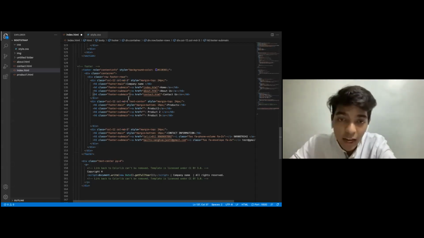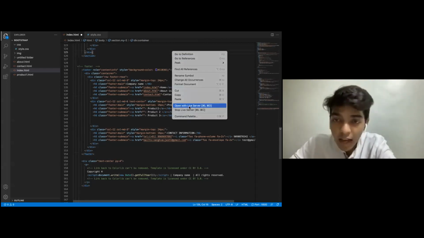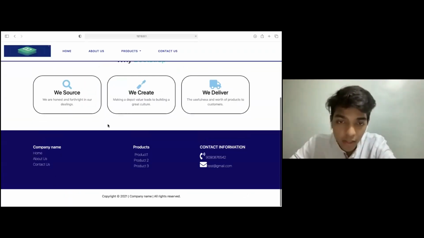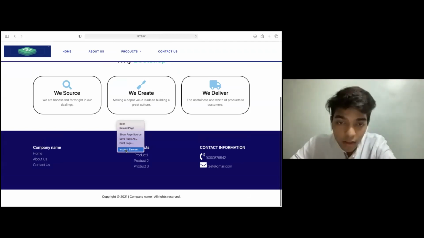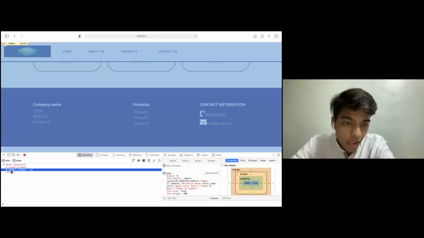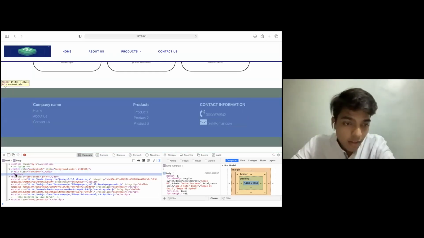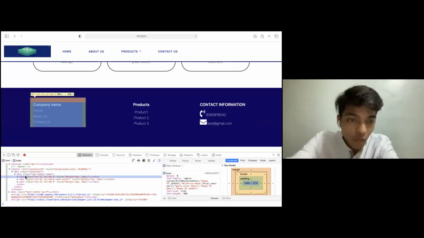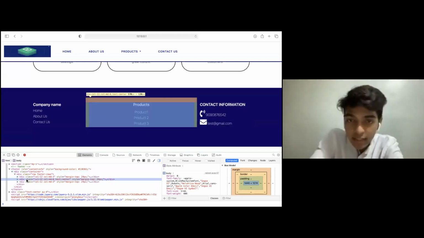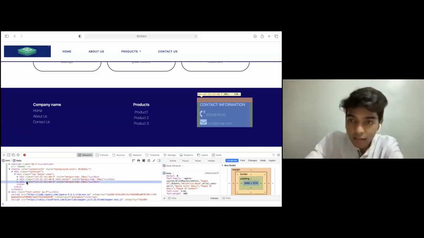So when we inspect that part, just a second, I'll be inspecting it. Yeah, see, as we can see, this is of column 3, this takes a big chunk, and this takes again the column of 3.